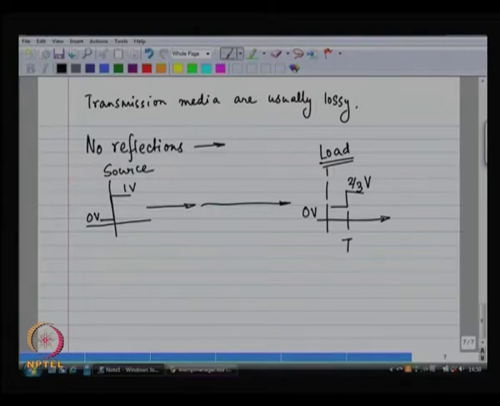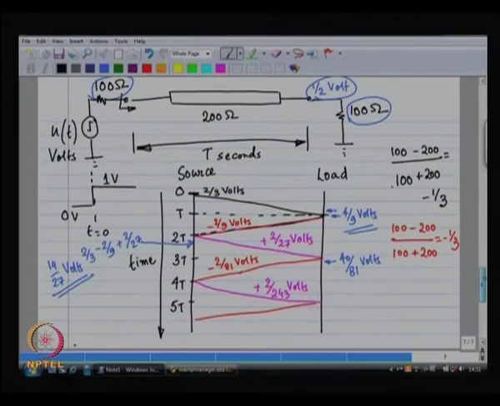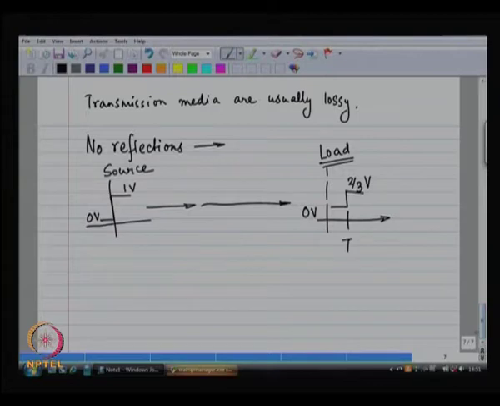Right. What you see is that the shape of the waveform is conserved. This is very important to us, that the shape of the waveform, I transmitted a pulse, I got a pulse. It is delayed, it is attenuated, but I still got a pulse, I did not get a sine wave. Okay. When the load resistance is not matched to the characteristic impedance of the wire, then what have I got? The example that I did